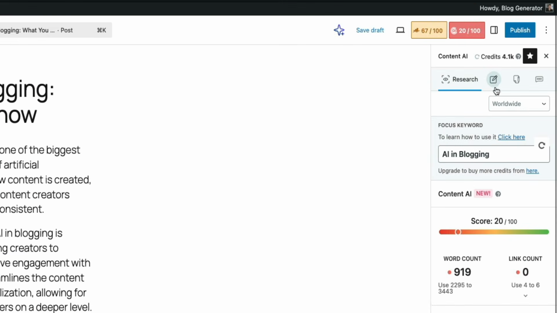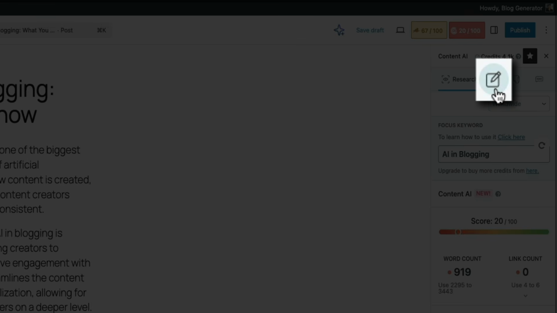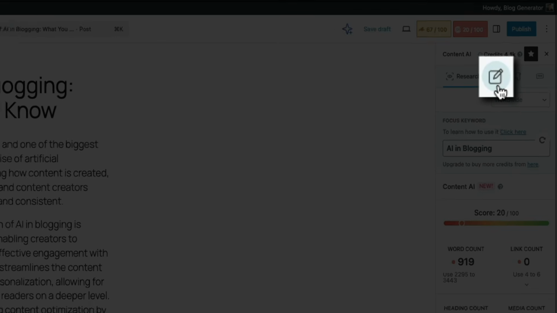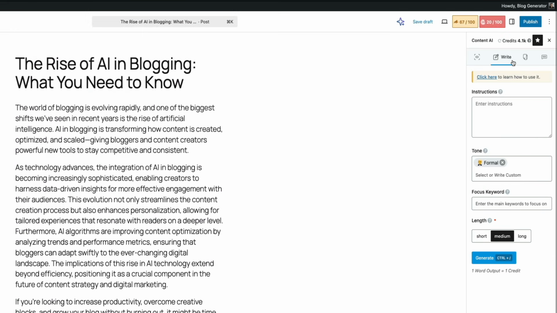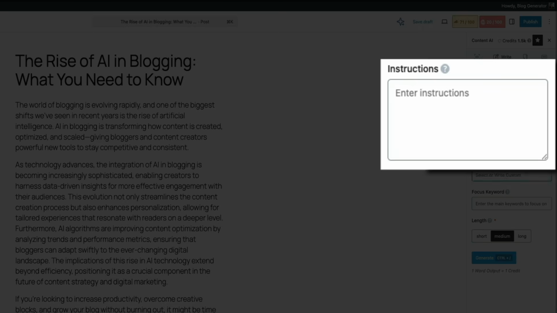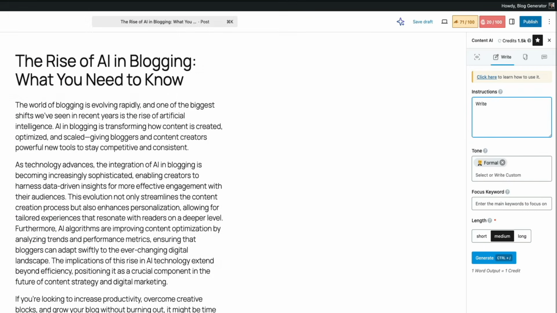The next tool you could use here is the Content Writing Assistant. Just click that pencil and paper icon, and this opens the Writing Assistant inside Content AI. This tool is perfect for generating short sections of copy, outlines, or even full paragraphs directly inside the WordPress editor. At the top, you'll see a text box labeled Instructions. This is where you'll tell the AI exactly what you want to write. You could be as specific or as general as you want here. For example, I'm just going to type, write an intro to this blog post about the rise of AI in